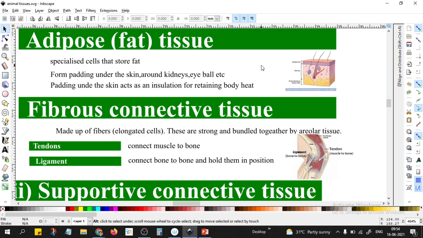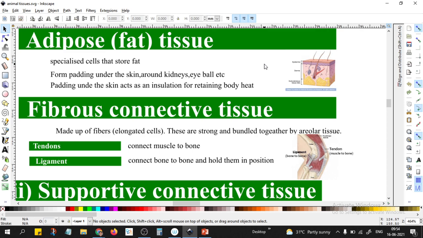So the adipose tissue that is accumulated in more quantity, that adipose tissue they will be removing. That is the cells which have the most amount of fats. Okay, these are special cells which will simply store the fats. A lot of fats will be there in them. So that is the adipose tissue.